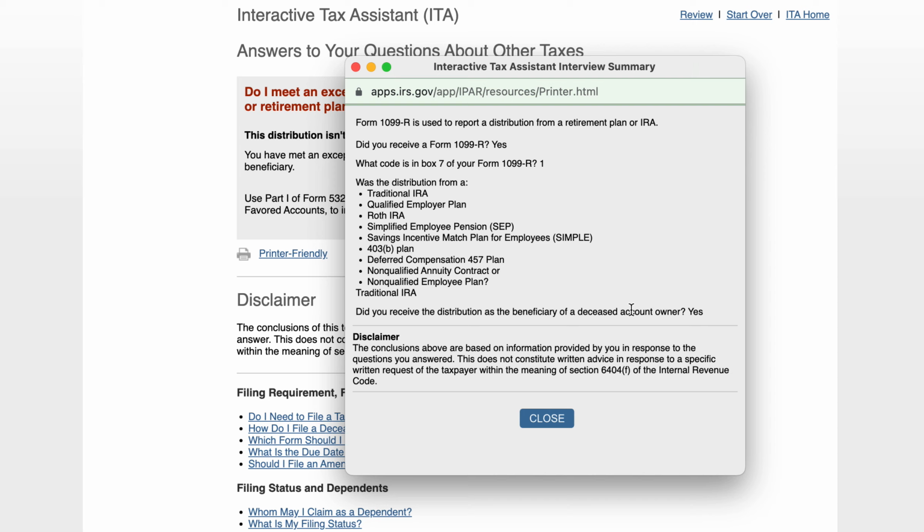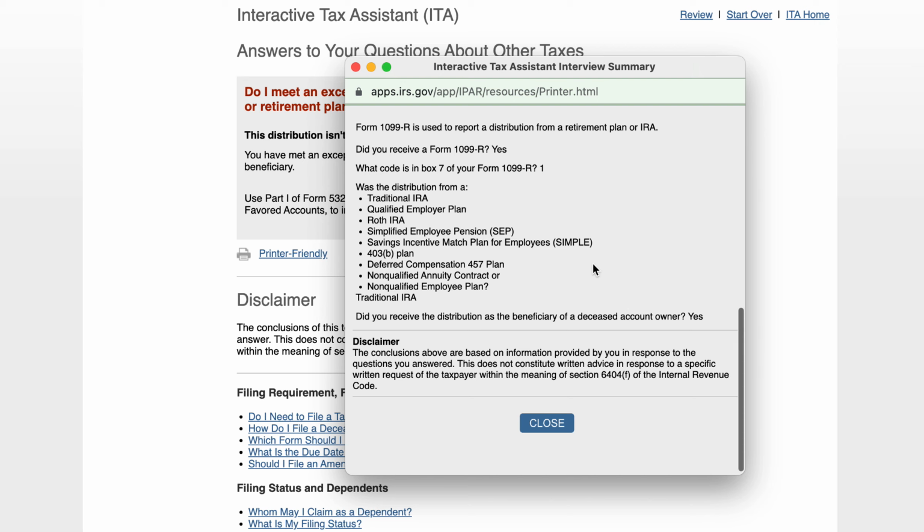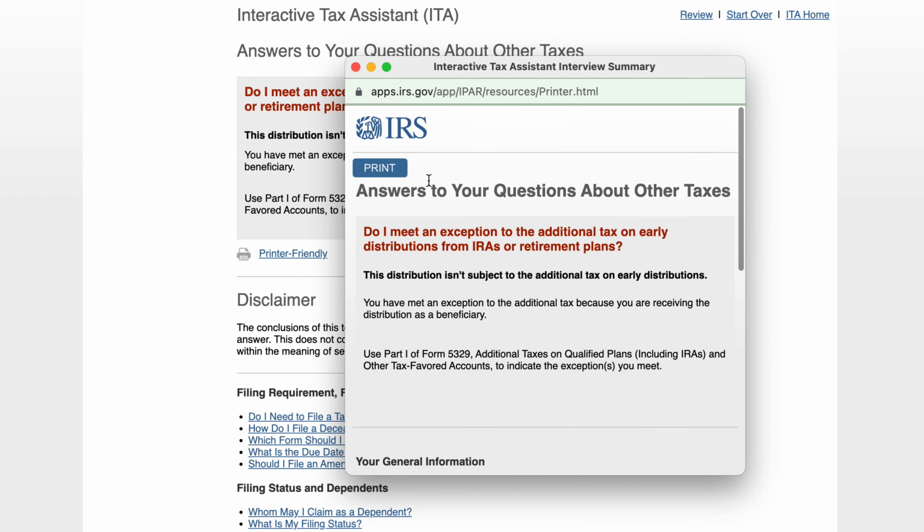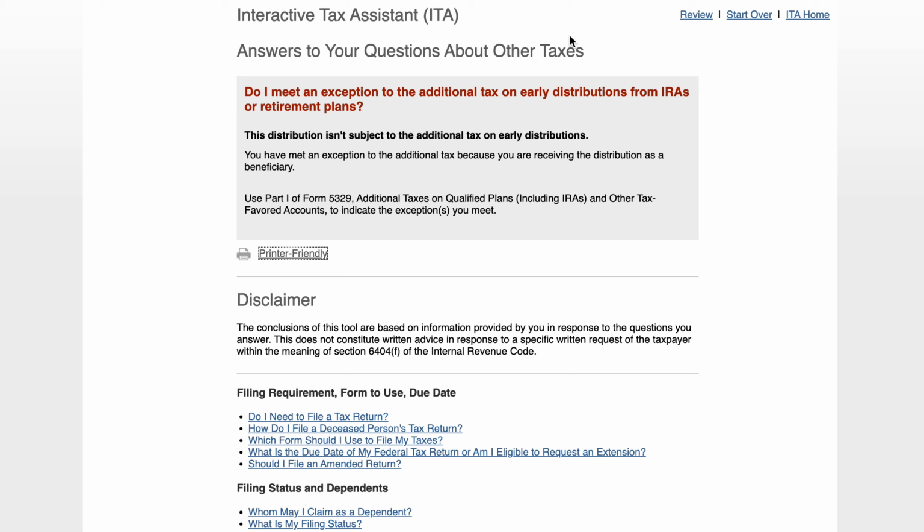early withdrawal exceptions. But what I would do is I would make sure that I take a close look at the questions and make sure that the answers reflect the actual facts as you see them. And if not, then go back through the tax assistant again and make sure that you get it right. And then once you get it right, then you can print a copy of this and keep it in your records. And the reason you might want to do that is even though this does not qualify as tax advice,